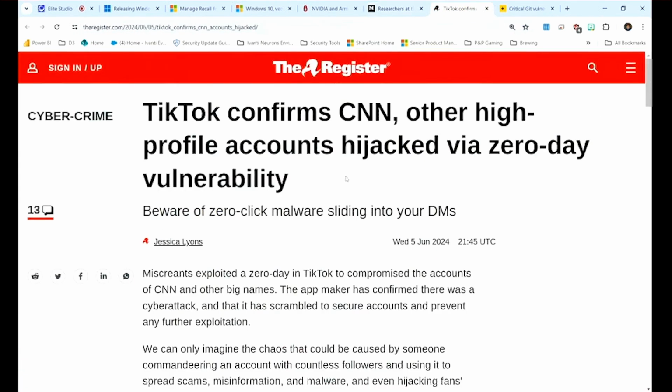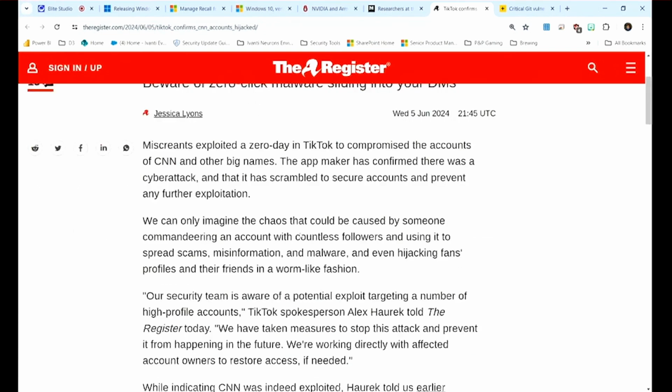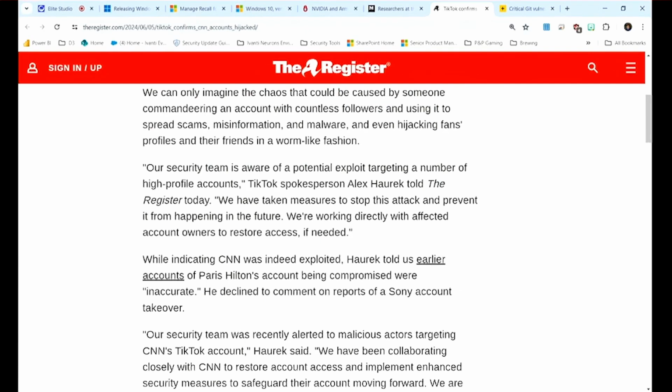TikTok. This may be something that some of you have had discussions about. There's a number of different activities going on there. Some zero-click vulnerability activity that was going on. Even CNN got hit by this one, but CNN, Paris Hilton, a few other notable accounts within TikTok got taken over by a zero-click vulnerability within TikTok. So that's definitely something that is causing a lot of